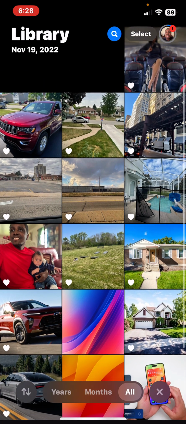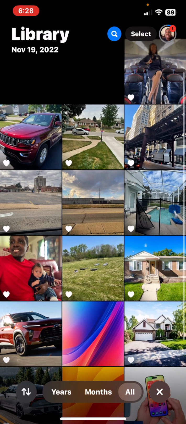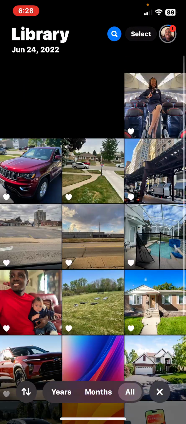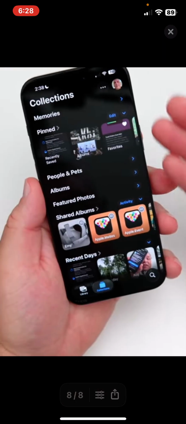Apple has changed it up several different times throughout the betas. It has had significant changes, and it looks very great. It looks better than the iOS 18 Photos app, but it does look about the same. But that's because Apple has changed it up several times. They went from liquid glass to frosted glass, and they changed it up many different times